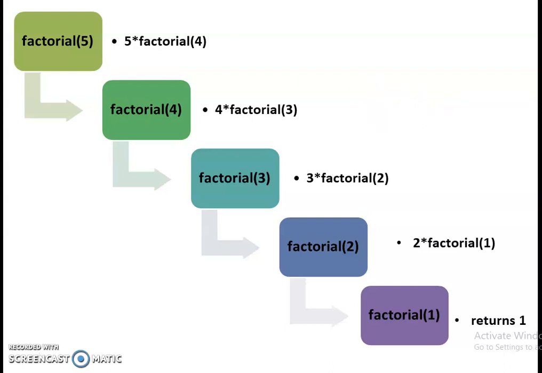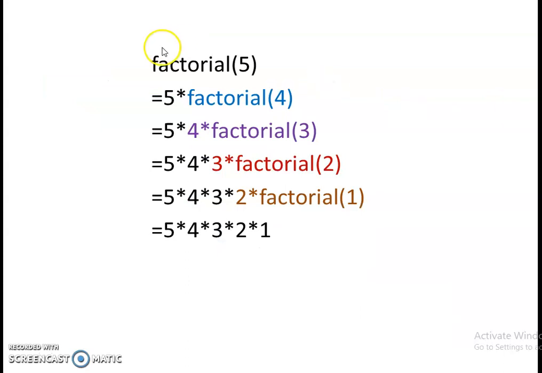Now you can see over here to calculate factorial 5, this is the invocation. So first of all it is calling factorial 4, then factorial 3, then 2, then 1. So when base condition is true, it will return 1, and so on. It will return the corresponding value of factorial, and it will give the final value as 120, right?